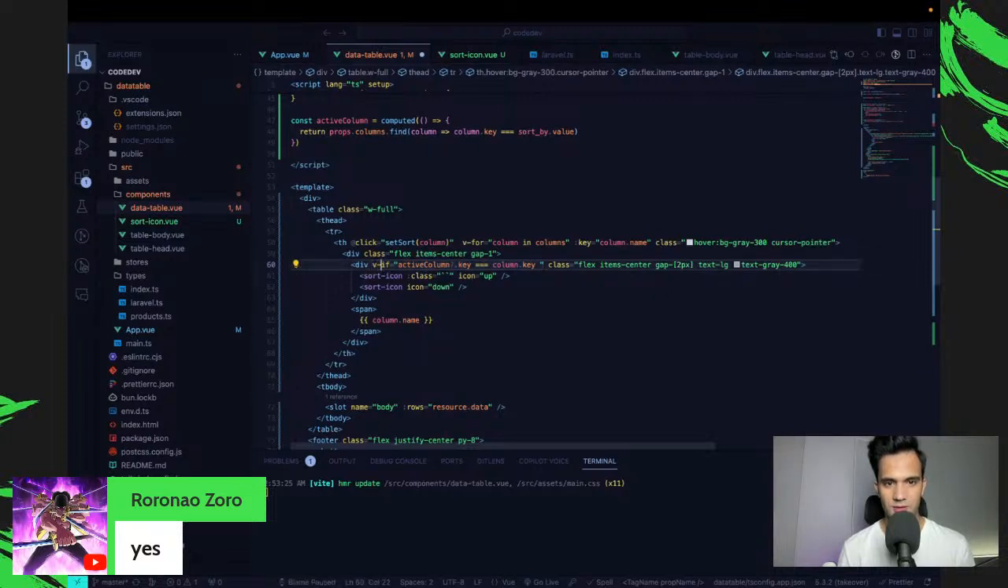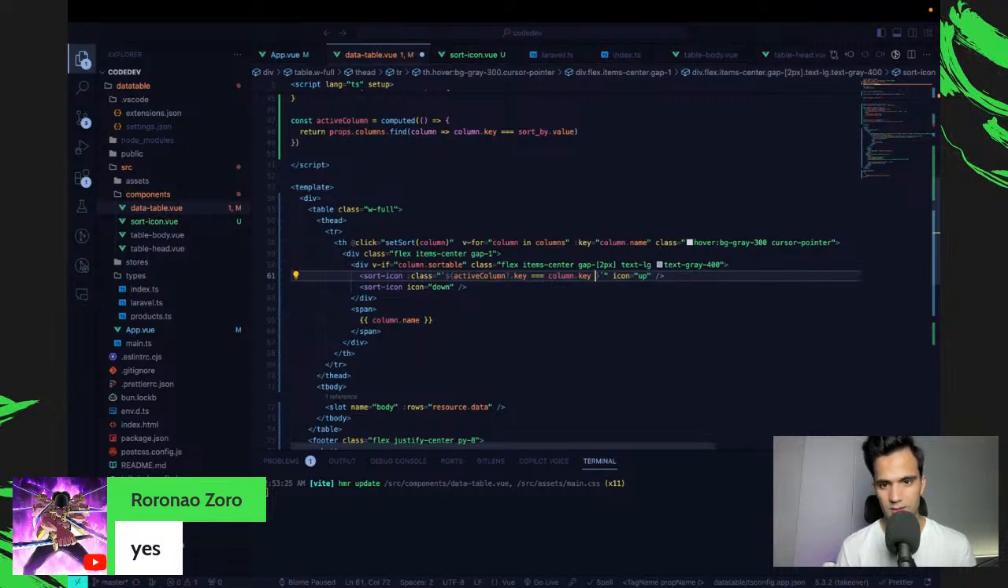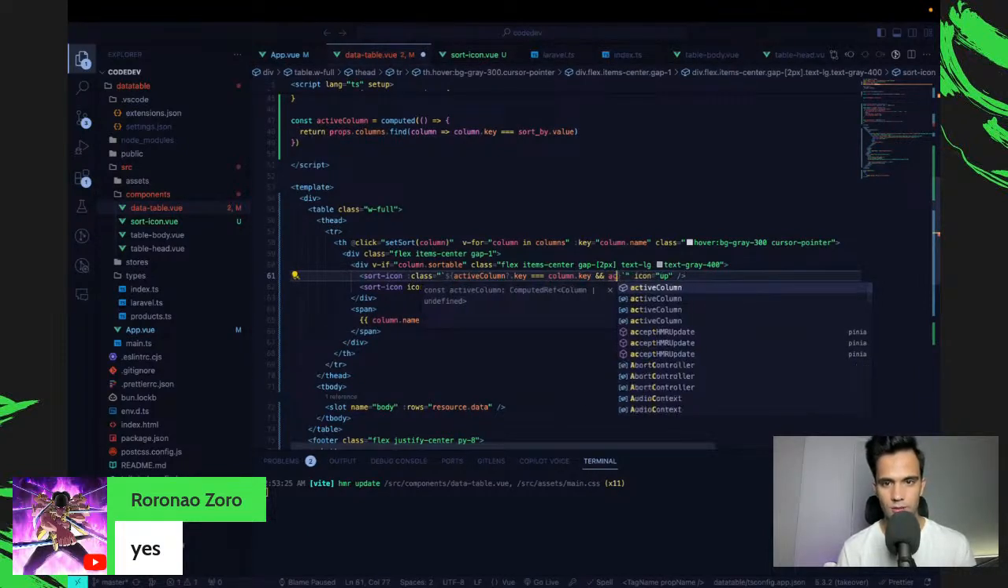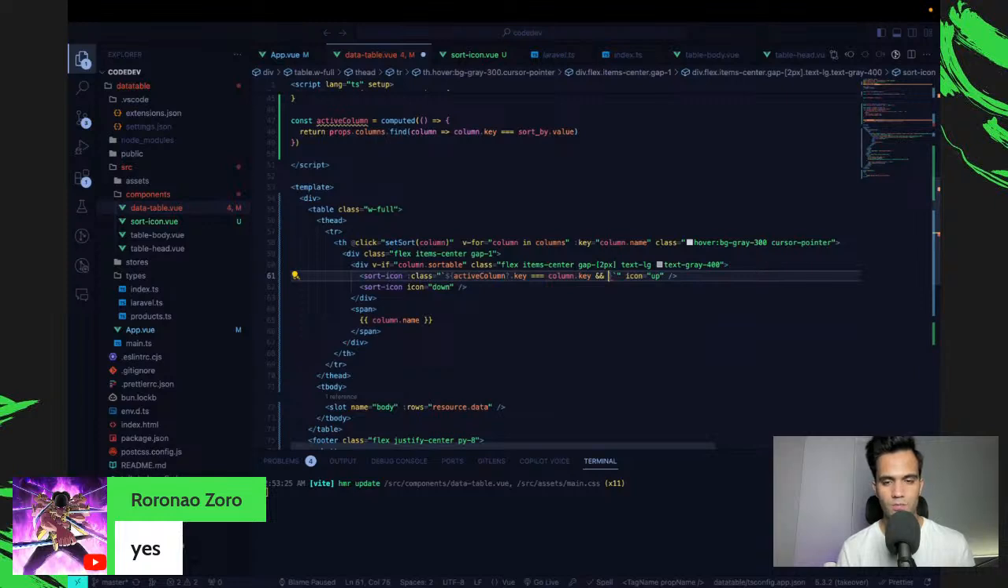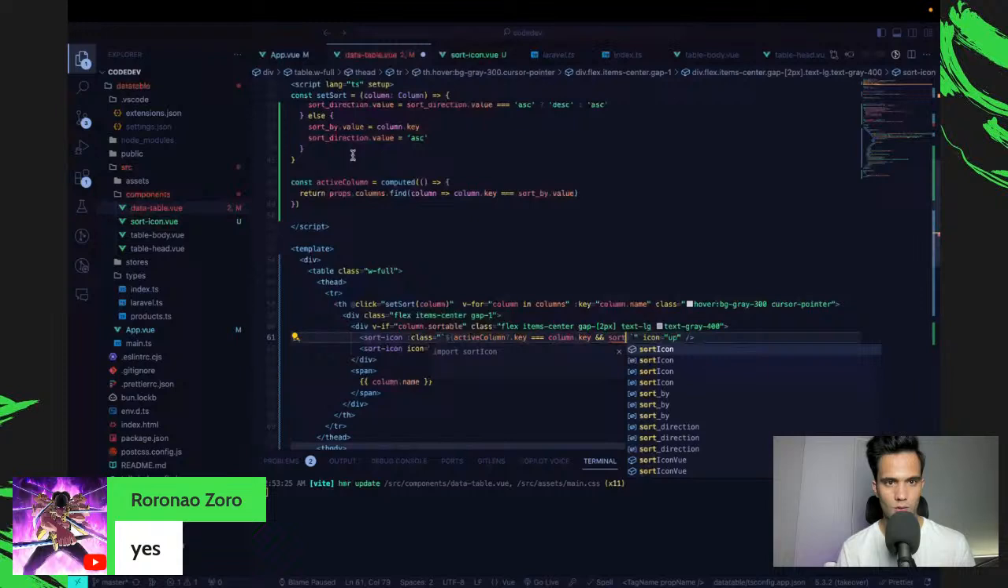We don't need an if statement here actually. I'm doing it at the very wrong place. So let me just take this one out here. It was actually if column dot sortable. Sorry for that. And here I can put my logic. Effective column dot key is equal to column dot key, and active column and sort direction